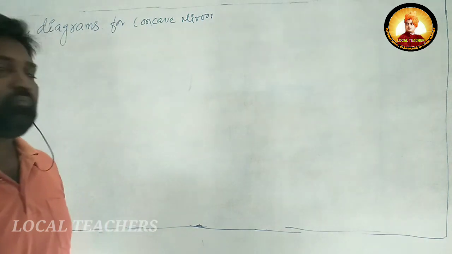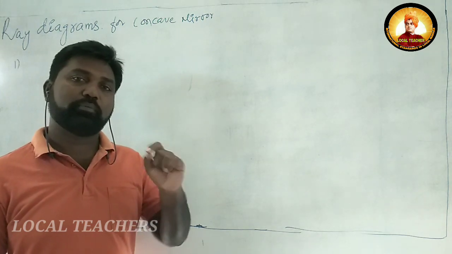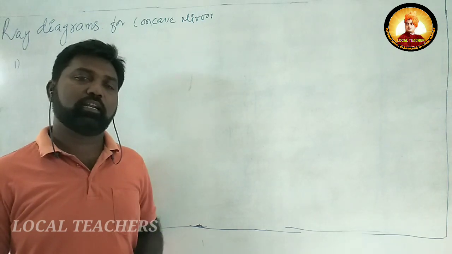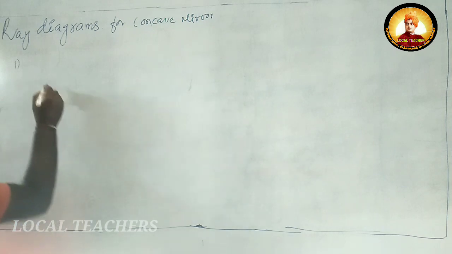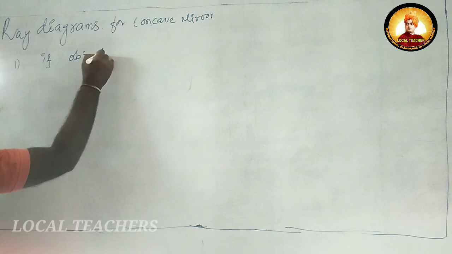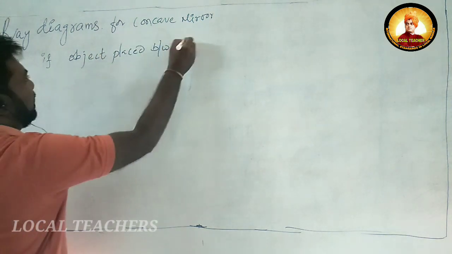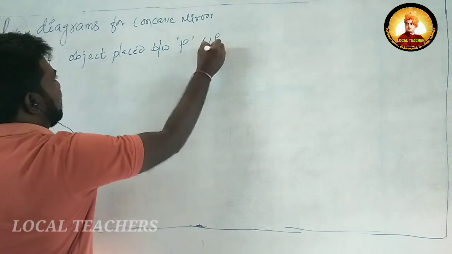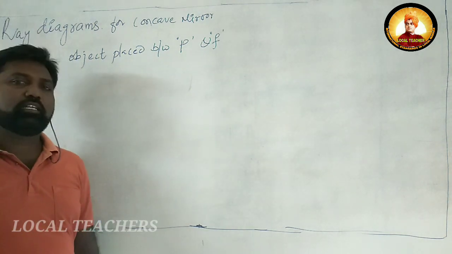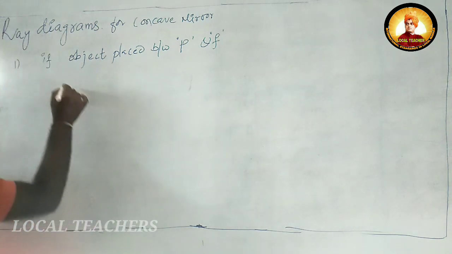If an object is placed in between P and F, first we are going to draw the ray diagram for that. Here P is the pole of the mirror, and F is the focus of the mirror. Okay, so for that I am drawing